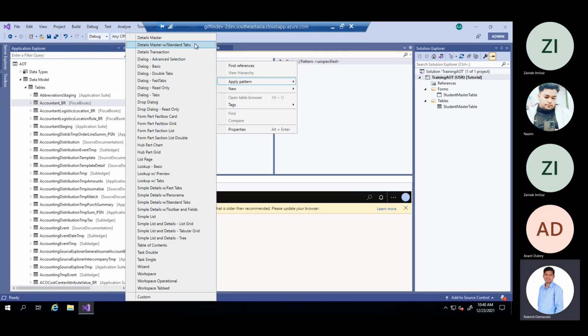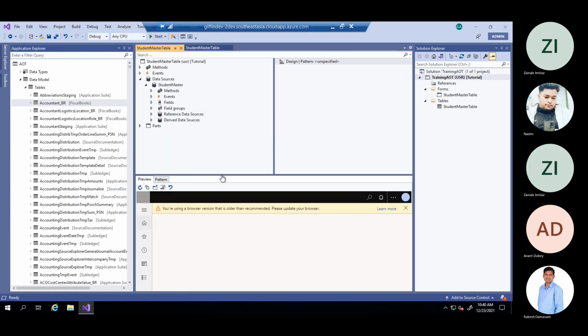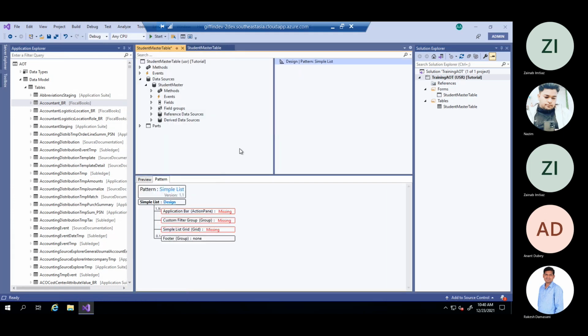Let us select simple list. I applied the pattern, and after applying it, the system shows some warnings. These groups should be added: application bar, custom filter group, and simple list grid.